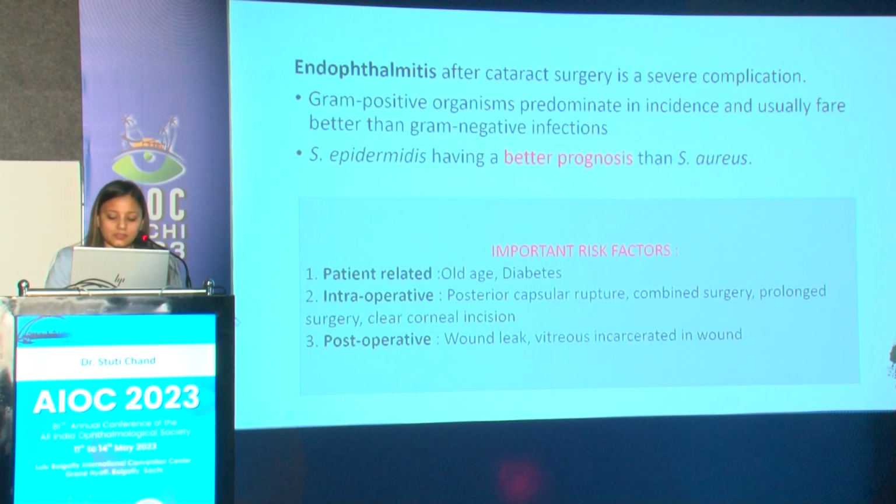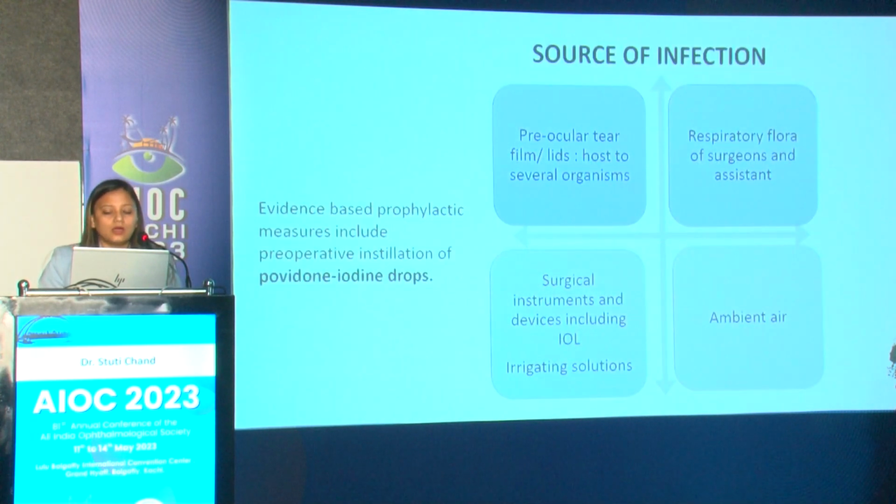The important risk factors responsible for post-operative endophthalmitis are old age, diabetes, and intraoperative risk factors such as posterior capsular rupture, combined surgery, prolonged surgery, post-operative wound leak, and vitreous incarcerated in the wound. Other than preocular tear films, which act as host to several organisms, the respiratory flora of surgeons and assistants, ambient air, and surgical instruments and devices, including IOL and irrigating solutions, act as sources of infection. Evidence-based prophylactic measures, including preoperative instillation of povidone iodine drops, can help us